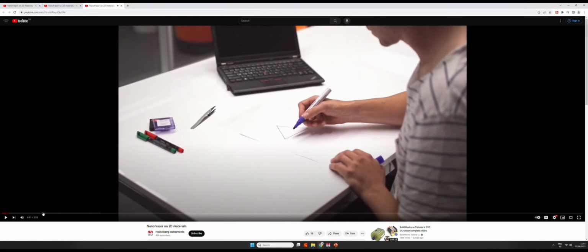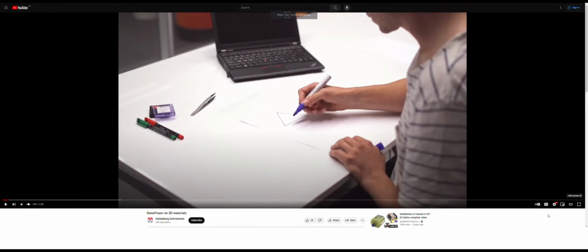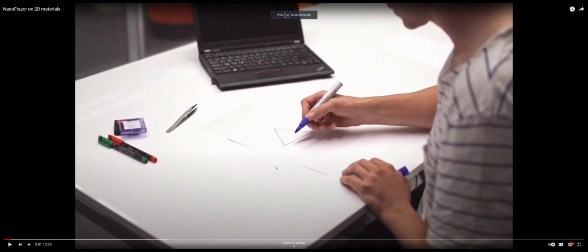It's Nanofraser on 2D materials, from the Heidelberg Instruments channel, where we can get a simple understanding of a very common use case of the Nanofraser, which is patterning on 2D materials. So we'll see the video together. I'll comment on it and explain to you the main steps of our technology.